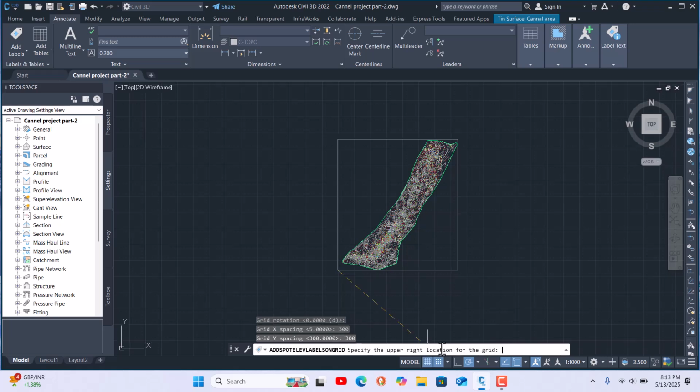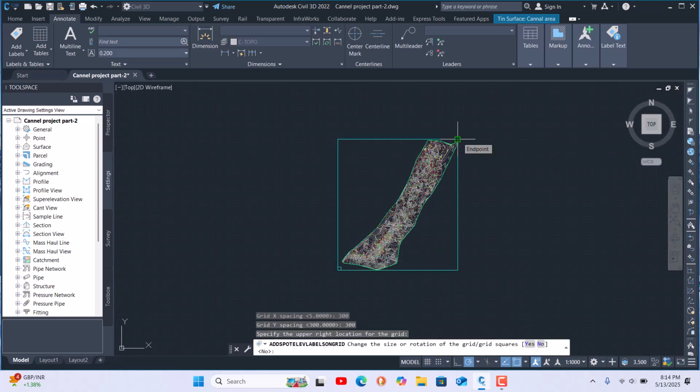Elevation labels, just enter. Now it's asking you to specify your upper right corner. The upper right corner is this one. That's why I say always choose the lower left as the first point. Now click once here, then again it's asking if it's okay, or you want to change your grid squares, meaning spacing or rotation, or not.